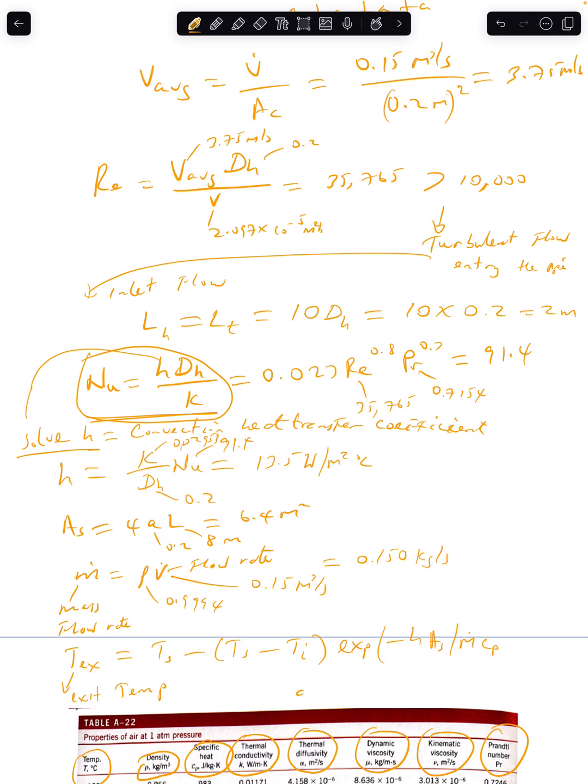over the mass flow rate times the specific heat capacity. So when you put those values in, we know this as 1008, and this we've seen to be 0.150 kilogram per second, and this was equal to 13.5, and the temperature for the inlet is equal to 80 degrees Celsius. Temperature for the surface is equal to 60